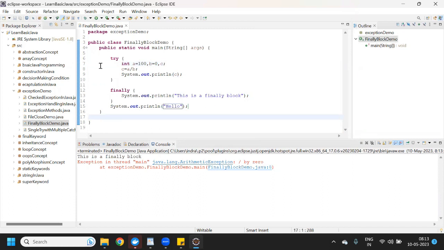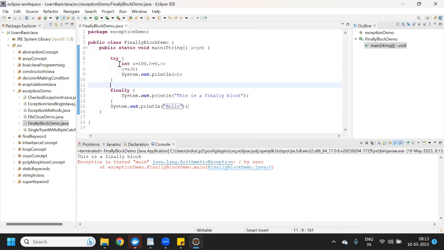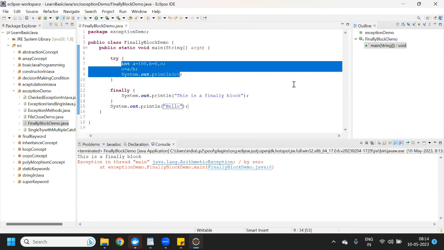Since it is throwing an exception and we have not used a catch block, because the catch block is used to handle the exception in an alternate way, but here we are not using it, it will go inside the finally block and execute that code, and then throw the exception and terminate the program.